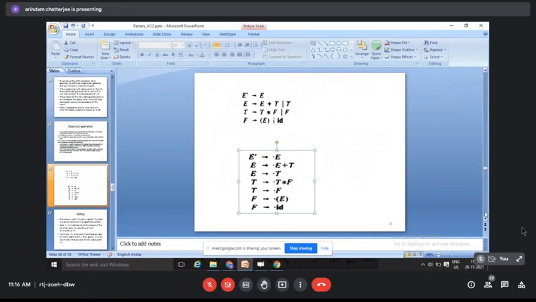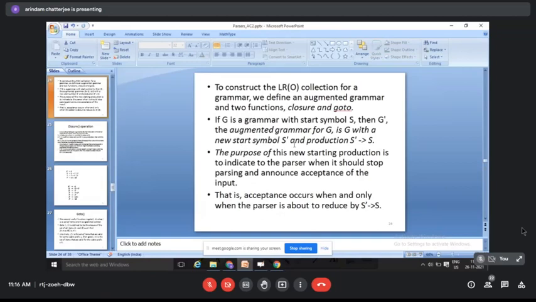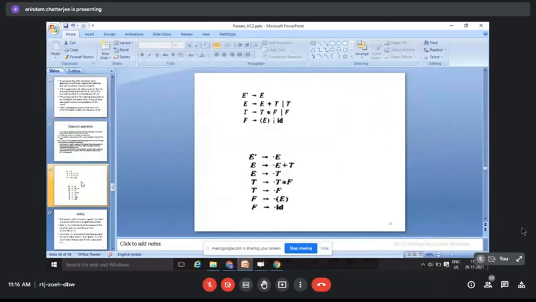And of course we are going to look at the grammar we are talking about. Please note this particular thing, that we will be using a new start symbol S prime producing S. So we'll augment our grammar. We have a grammar which is E producing E plus T or T, T producing T star F or F, and F producing parenthesis E or id. So we added the new start symbol E prime and added a new production rule E prime producing E. The justification will be clear as we go forward. It is basically to distinguish the accepting state from the starting state. That's the only thing.